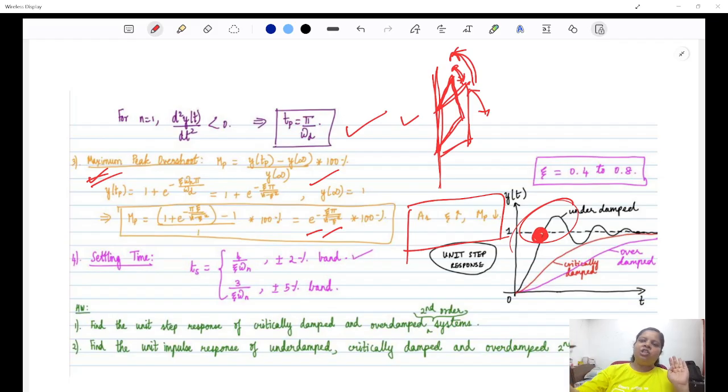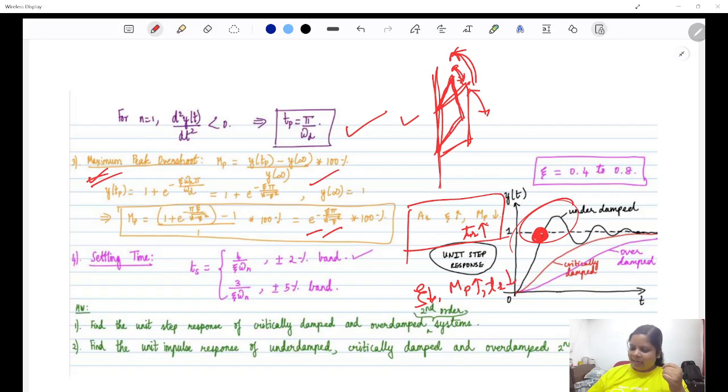The door will not go back and forth repeatedly around the initial position, but still the time it will take to go to its initial position for the first time will be very high, right? So we can say as zeta increases, maximum peak overshoot decreases, but rise time increases. As zeta decreases, maximum peak overshoot increases, because there is no damping, but rise time decreases.